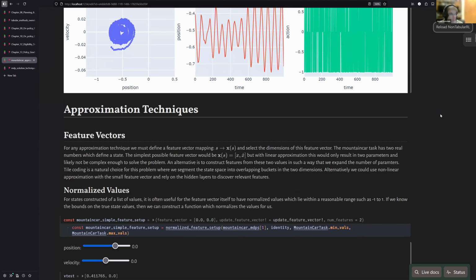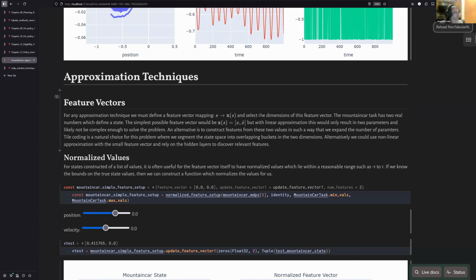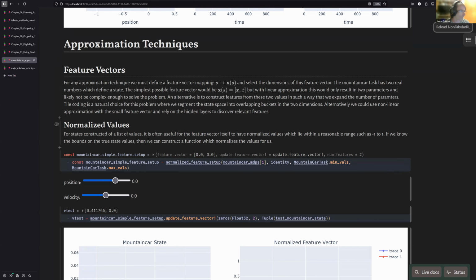Okay, so then I said, in order to solve this, we know, regardless of what approximation technique we use, we must define the feature vector at a minimum and have a way of updating it. Now, the simplest feature vector is just a single value that doesn't change with the state, which would be completely useless because that wouldn't actually update with the states. But the simplest sort of reasonable choice would be to just take the values